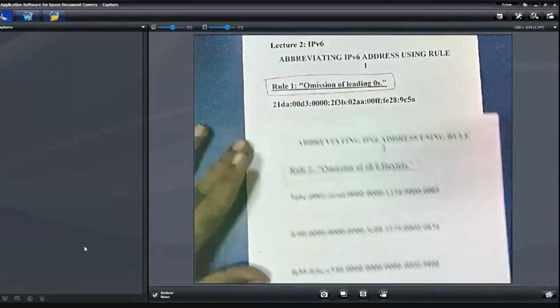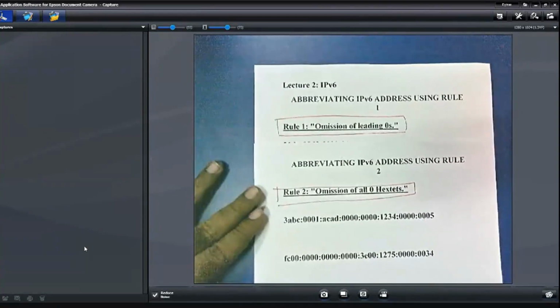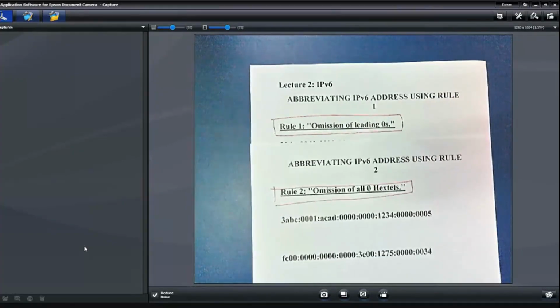These are the 2 rules. You can write these 2 rules in your paper first. Rule number 1, rule number 2. Omission of leading zeros. Omission of all 0 extras. These are the 2 important rules. Now we are going to apply both the rules